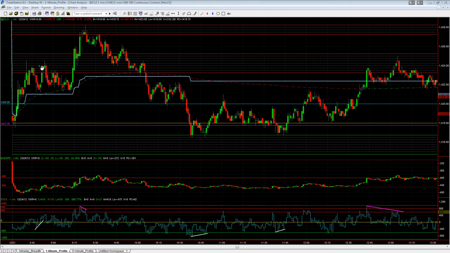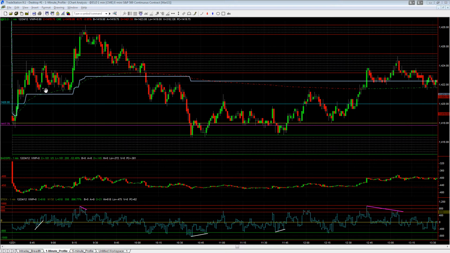And on this idea, one thing to note is that we did not want to take a quick scale out on this trade because the potential target is really the support zone down here and the 1418 level. But once price came down to 21 quarter and put in this double bottom on a positive tick divergence, at that point, even though we didn't feel like taking that scale out, we took it anyway because the market was not showing us that this trade was actually going to get to some of those targets, or at least right away.